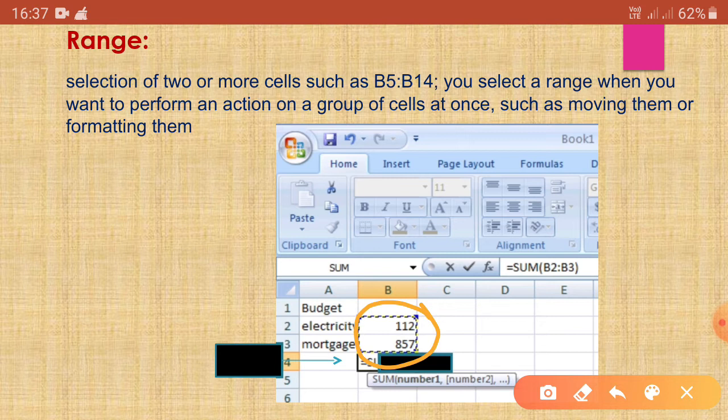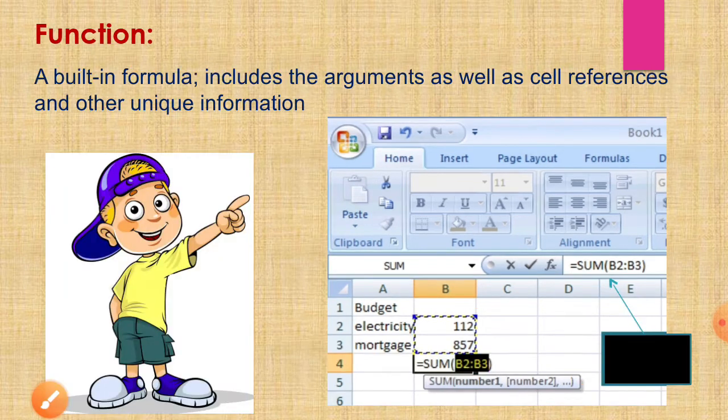You select a range when you want to perform an action on a group of cells at once. If you want to select two or more cells, it is known as a range of cells. Go to the next slide.